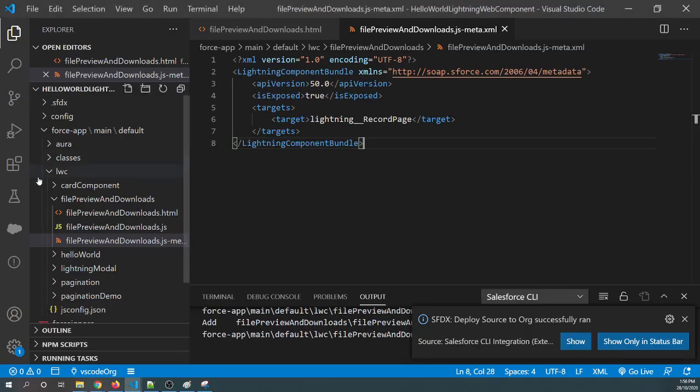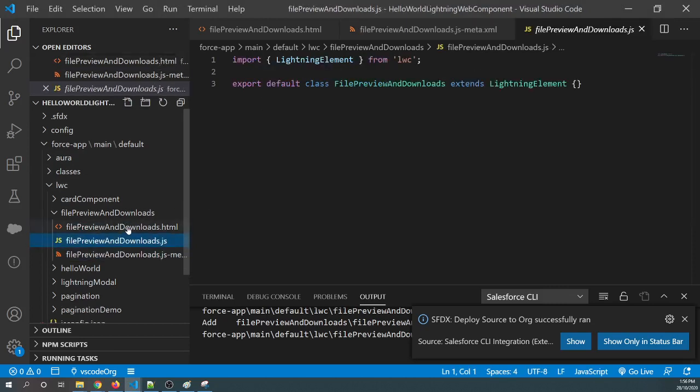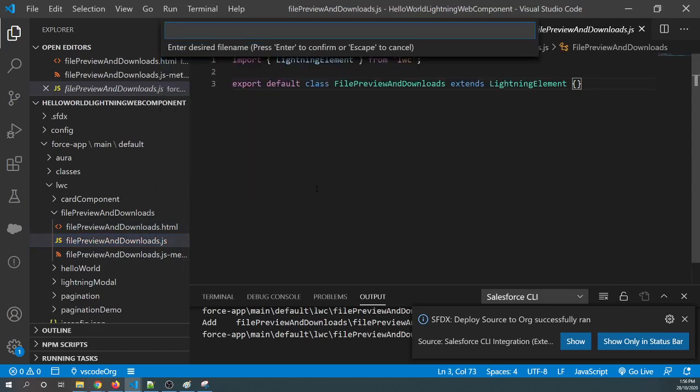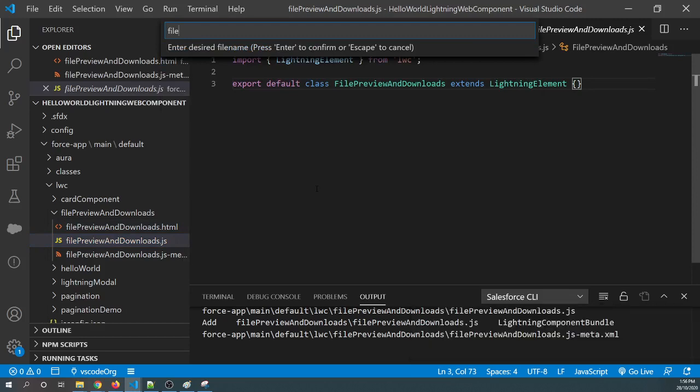Let's go back to our VS Code, and now to fetch the file details, I want an Apex class. So let's create an Apex class, and I'll say file download controller.